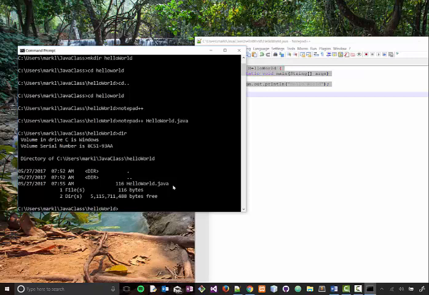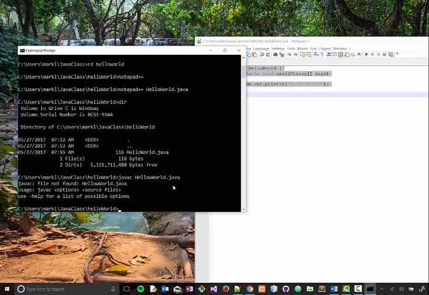So now it's time to compile our Java program so that we can run it. And to compile it, we type in the word javac, and then a space, and then the name of the file that we want to compile, which is HelloWorld.java. Okay? And if everything goes smoothly,